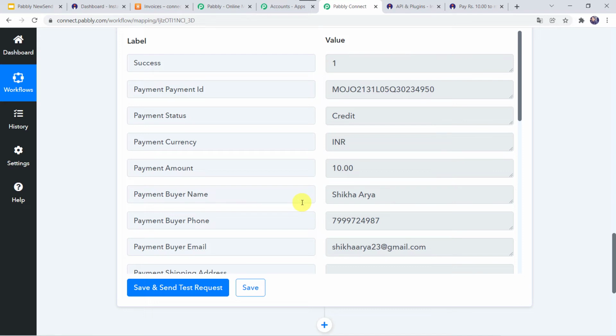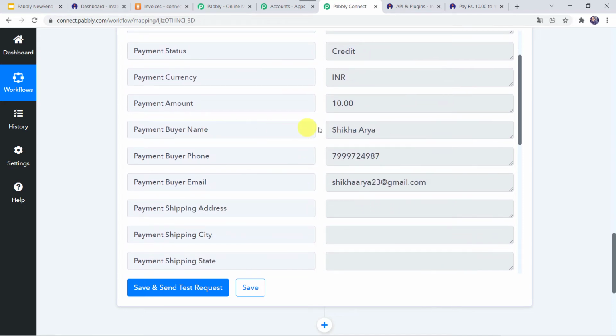Okay, and here we can see the response is received. And here we can find the details of the customer who has made the payment. Here we can find the name. Here we can find the phone number as well as the email address. So now, as this is a one-time payment, we are collecting the payment just one time. We need to create a client into the Harvest account because we want to create an invoice on the name